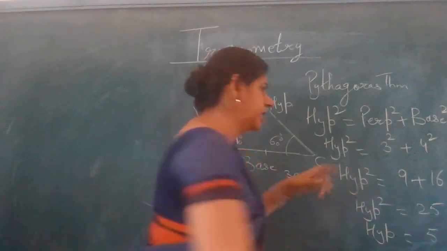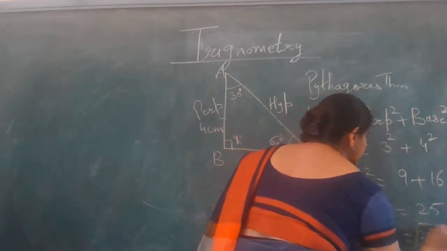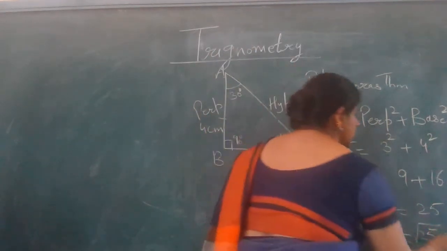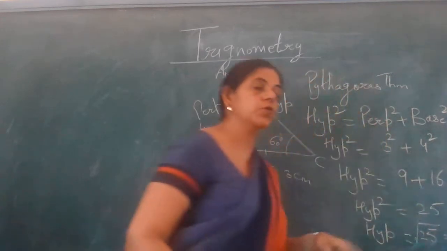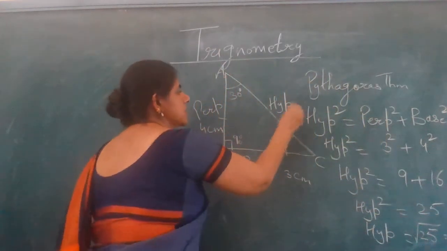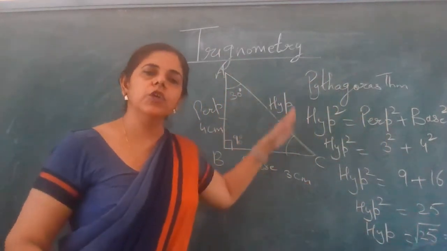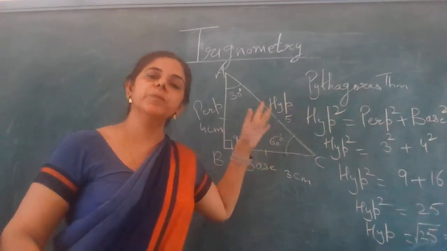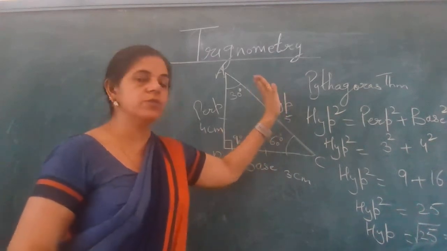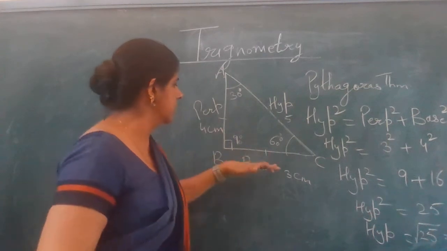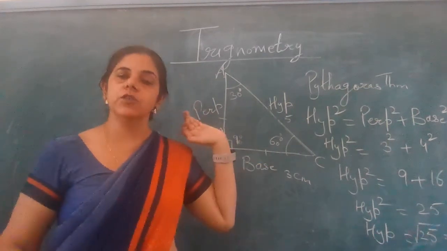What we had done, we had just taken the square root and we write it fine. So this is the hypotenuse, and you see this is again the longest side, that we have proved, that this hypotenuse is a longer side than this base as well as the perpendicular.